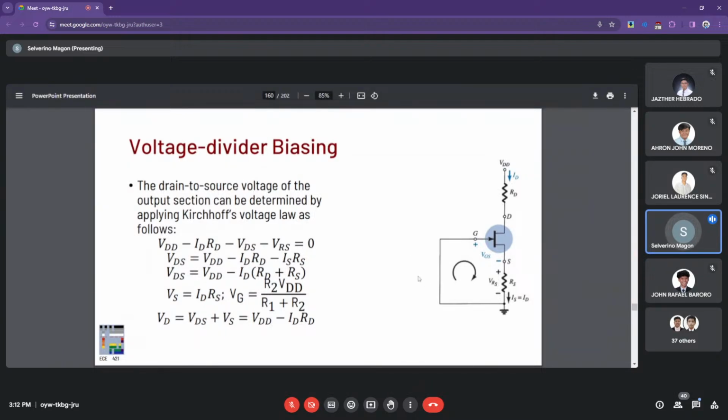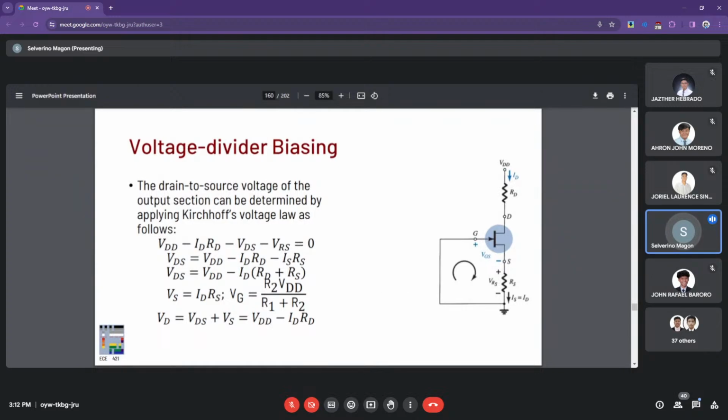So for now, we will solve for the load side. We have VDD minus IDRD right here, and drain to source voltage drop, as well as the voltage drop across the external source resistance VRS right there. So we have another KVL at this side,